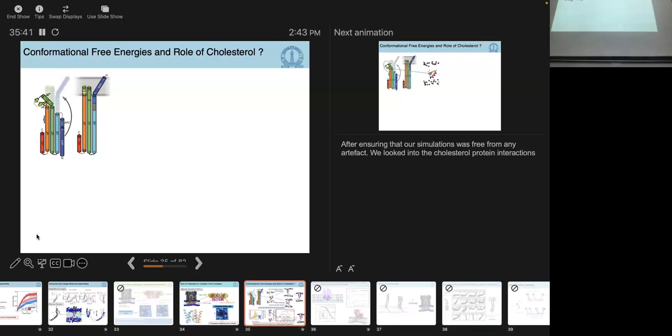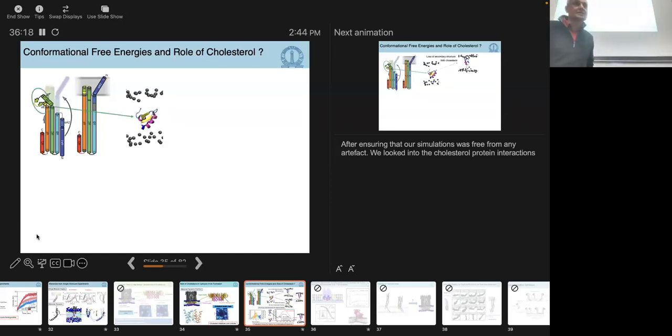Now, let me walk you through a story where we started to ask, what is the role of cholesterol? Molecularly, what is the role of cholesterol? Clearly, it is enhancing the binding, and it seems to be stabilizing the entire pore complex, at least from both the experiments and the simulations. But we realized that there is a conformational change taking place from one state to the other. How is it helping this conformation? So the holy grail would be actually to go from this state to this state. And in an MD simulation, it's almost impossible to actually solve this large problem that we have.